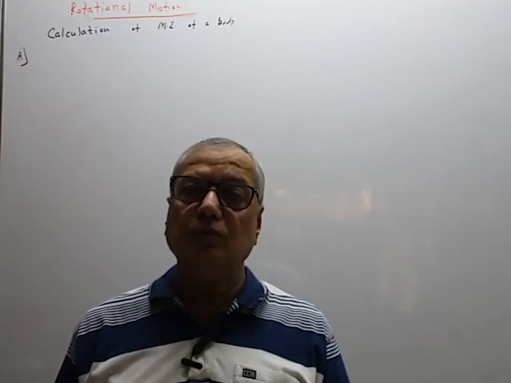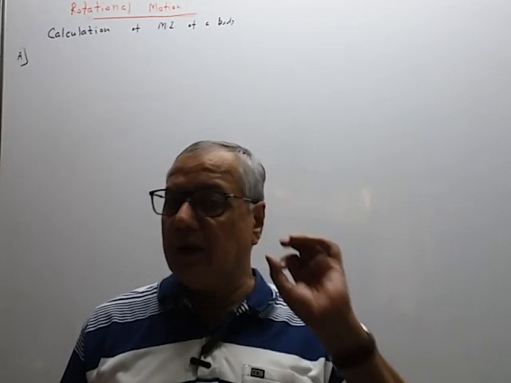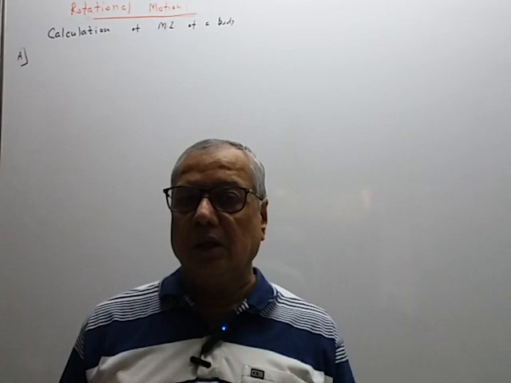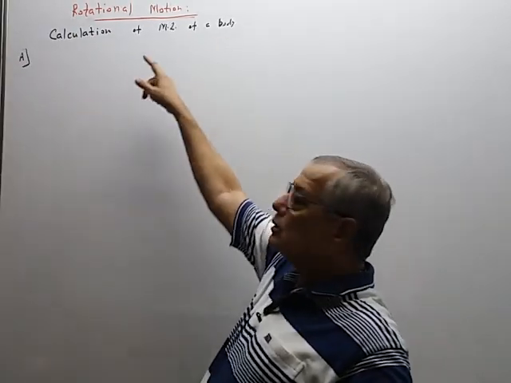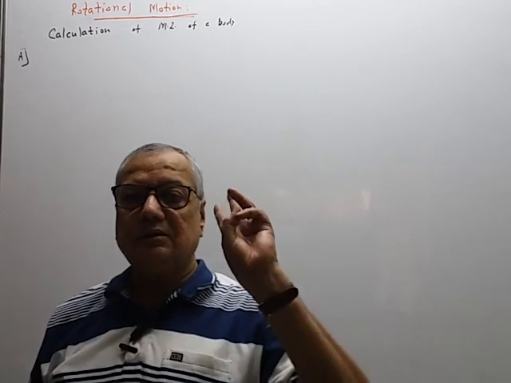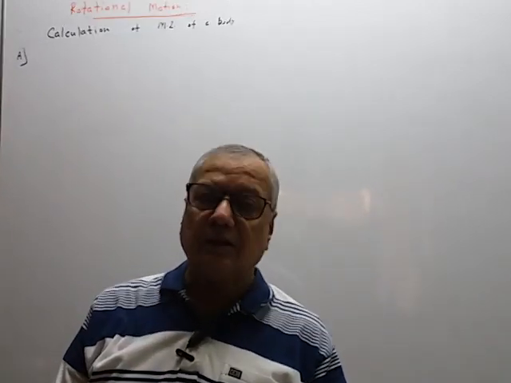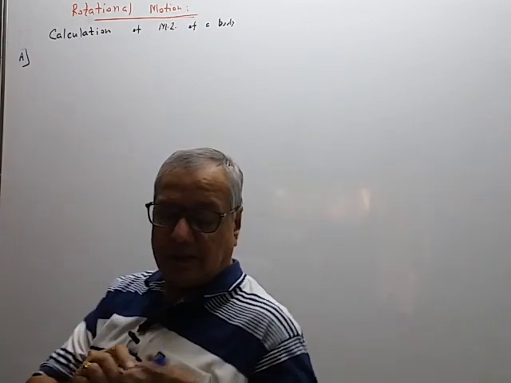The body has uniformity, symmetry like this. So depending upon the shape, depending upon the mass distribution, the MI of the body is calculated by three methods. Which method is applicable, that we should decide. So the first method that we will see is